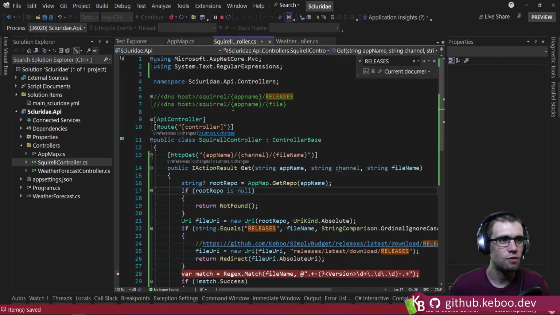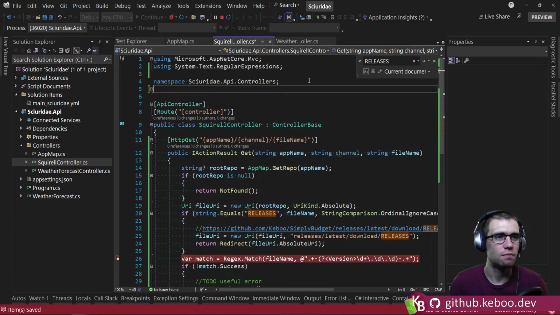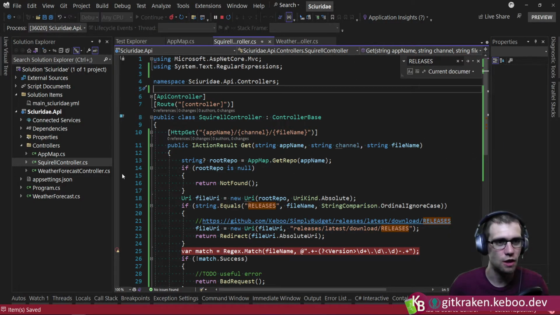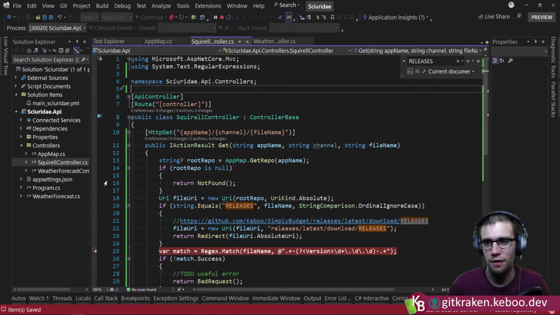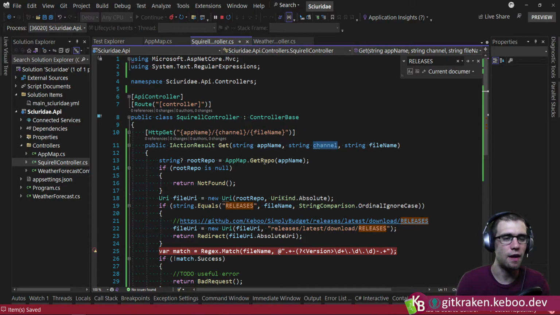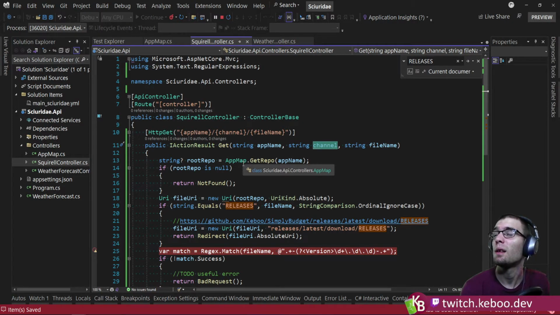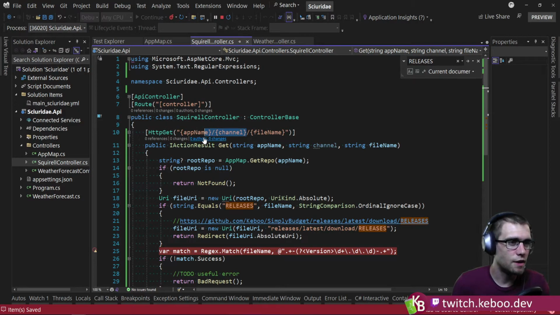We're gonna do that for the moment. We're gonna add it just for funsies, because I think this way I'm prepped to have like an alpha beta release channel, and I think we'll just default it if unspecified, or I guess it can't be unspecified, can it? Because it's part of the route. I'll have to think about that. In this case, we're just going to hard code this guy. So let's relaunch,